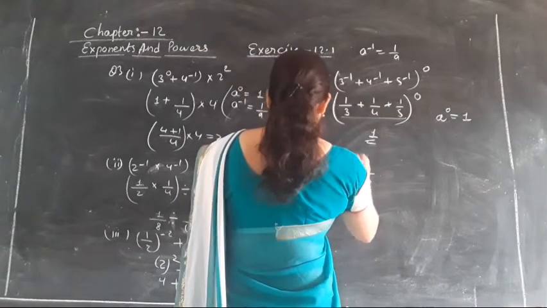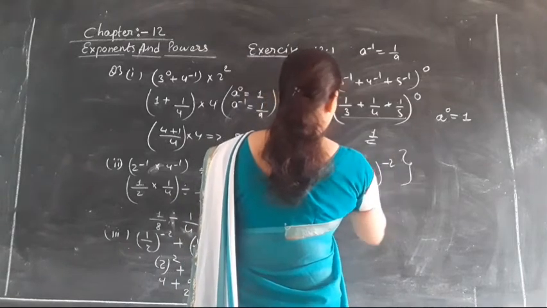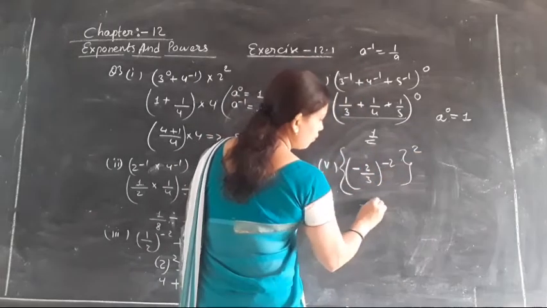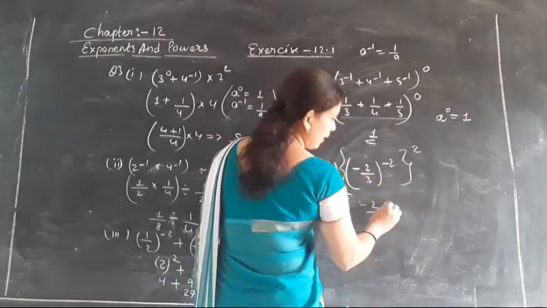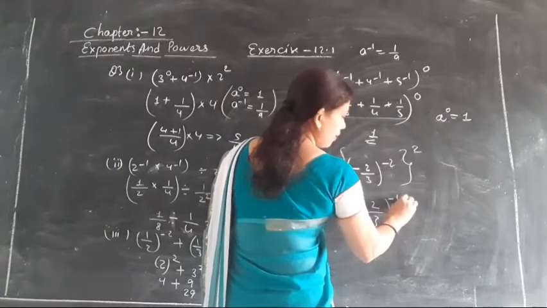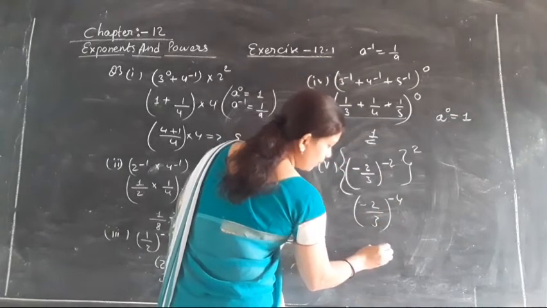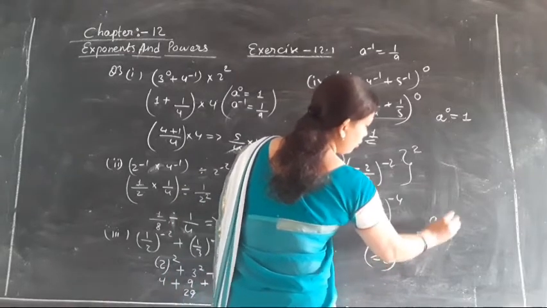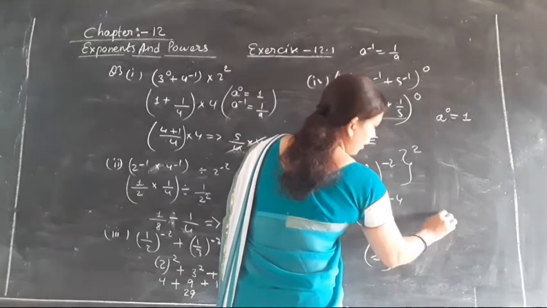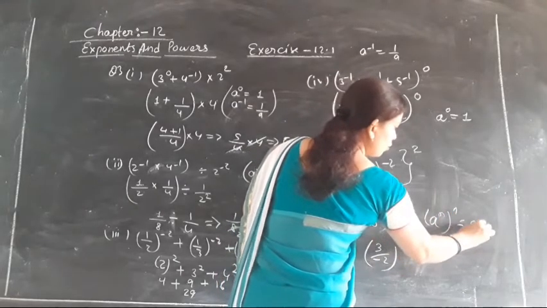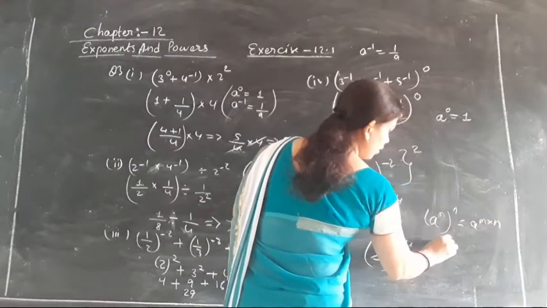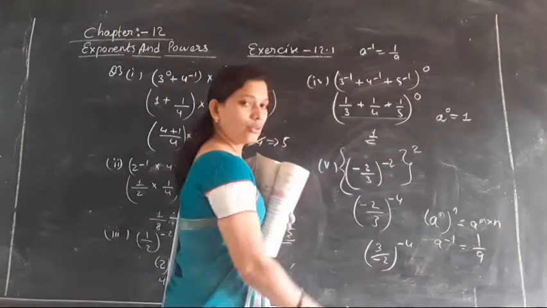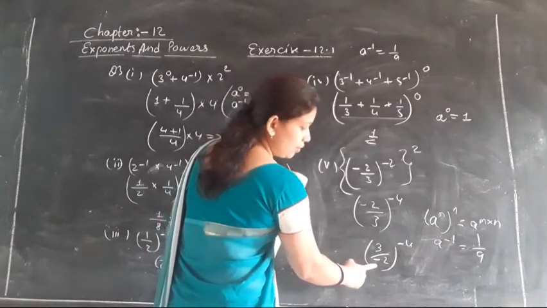(minus 2 upon 3) whole to the power minus 2, and this whole to the power 2. So dear student, we can multiply the powers over here, so the power becomes minus 4. Now we convert it to 3 upon minus 2 whole to the power 4. The law a to the power m into n is equal to (a to the power m) to the power n has been used, and a to the power minus 1 is equal to 1 upon a. Both laws of exponent are used, so the answer is 3 upon minus 2 to the power 4.